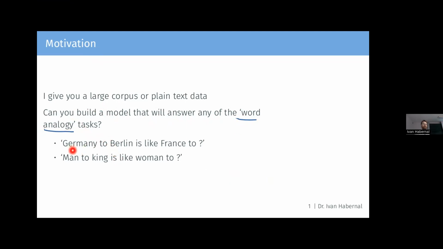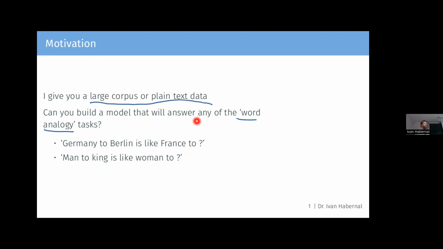So I want to solve, for example, Germany to Berlin is like France to, what should be the answer? Yeah, Paris. Nice, good. Or man to king is like woman to a queen, right? So how can you build such a model if I just give you a large corpus